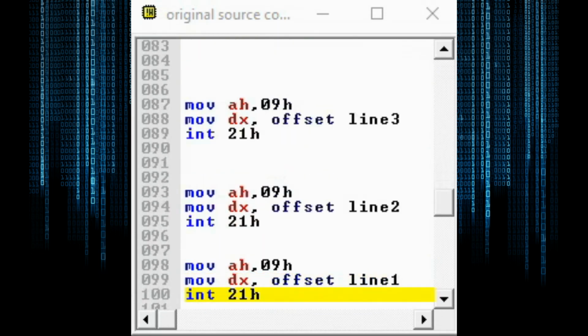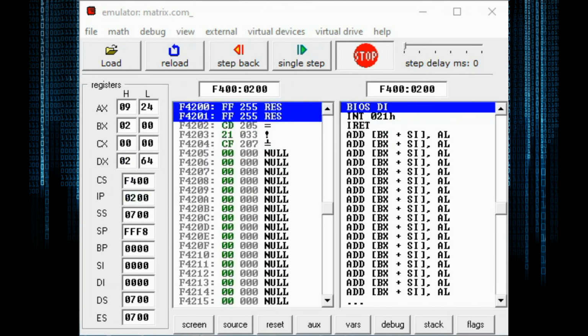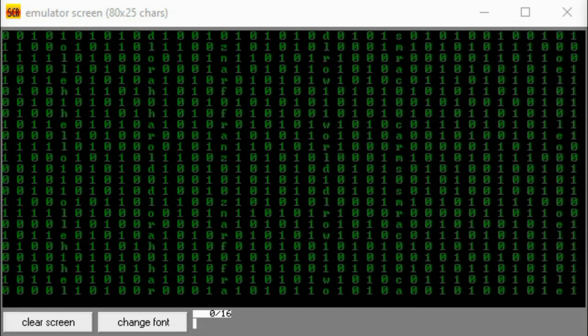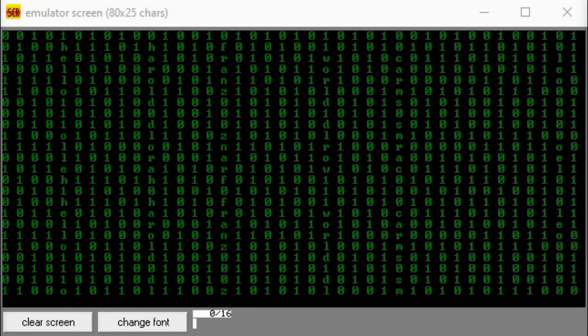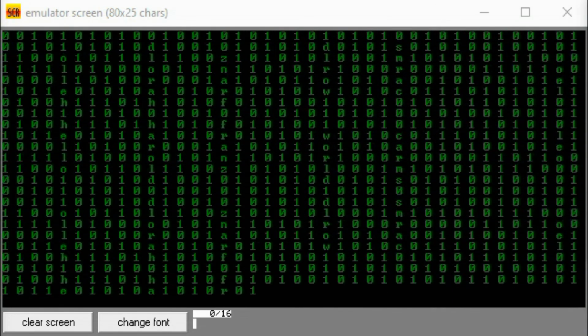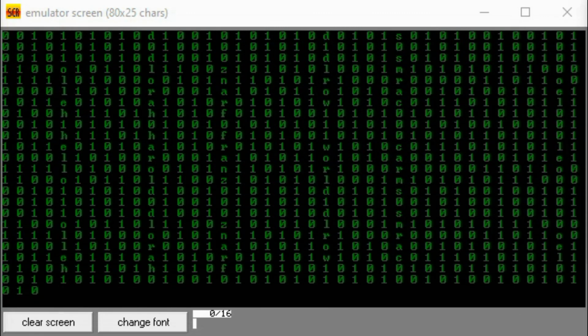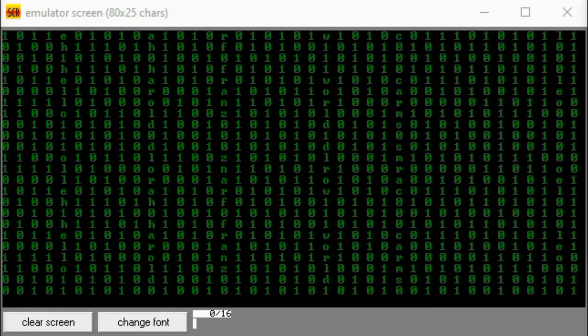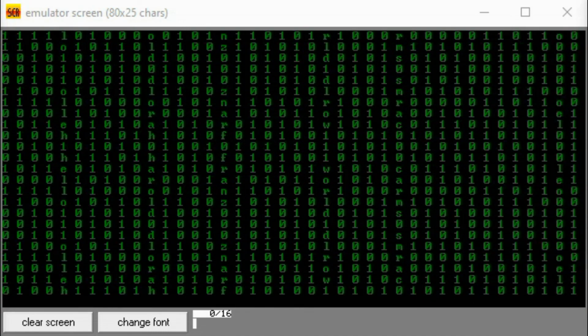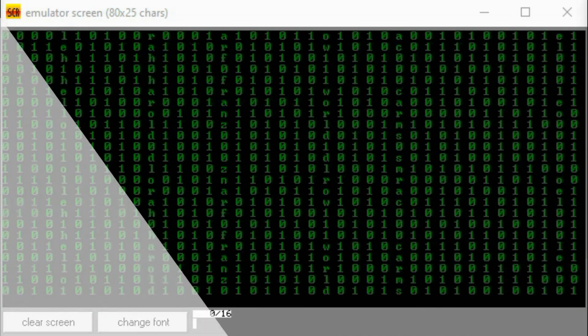Syntax for a variable declaration: name DB value, where DB stands for define byte; name DW value, where DW stands for define word. Name can be any letter or digit combination, though it should start with a letter. It's possible to declare unnamed variables by not specifying the name. This variable will have an address but no name. Value can be any numeric value in any supported numbering system, hexadecimal,